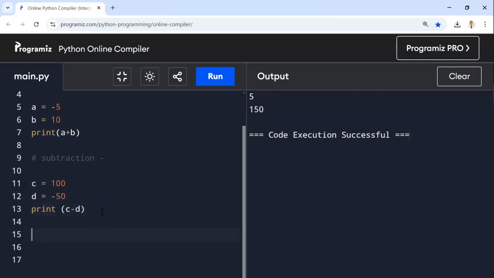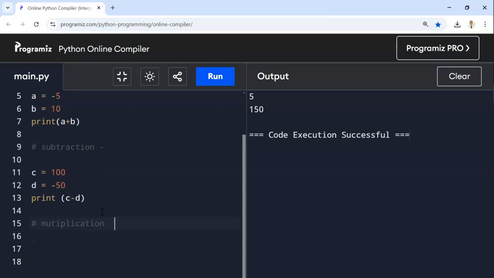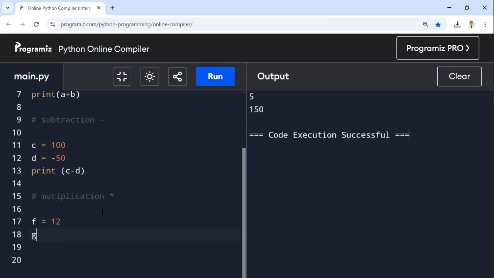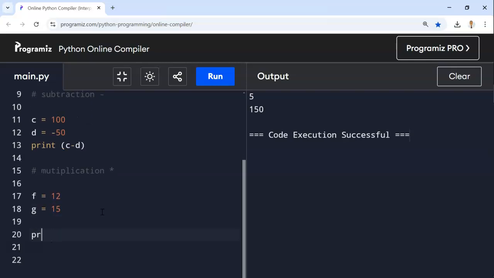The next one is going to be multiplication. You notice what I'm doing? Every time I want a comment, so you know what I'm doing. Multiplication, I put the hashtag because that is a comment to me. So the multiplication in Python or in all programming languages is the star. With the star, I could say, let's say, F equal 12 and G equals 15. Okay, and then I say print F times G, F star G. And that is going to give me